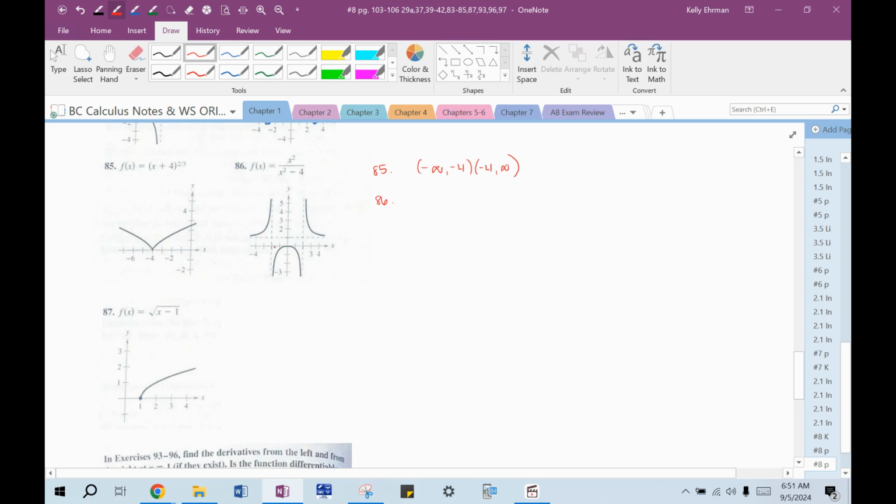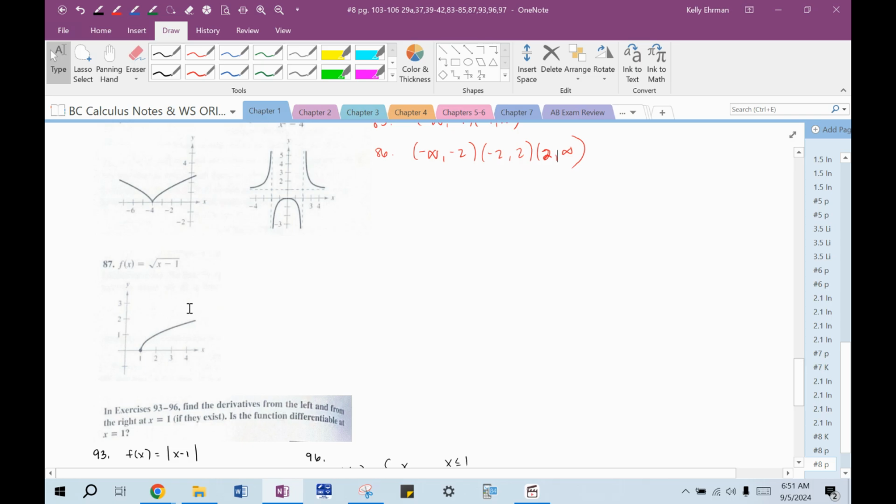There are vertical asymptotes at plus and minus 2. Otherwise, we have a smooth curve on each branch. So x not equal to plus or minus 2. You're basically describing each branch here. And then for this last one,